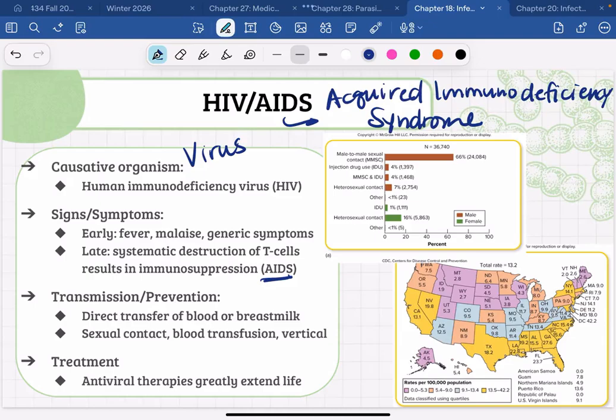The other way that it is most likely to be transmitted is through injection of drugs. So especially using dirty needles, or needles that a person has used before, right? That's a way, sharing needles, that's a way of taking blood directly from one person and injecting it into another, is through injection of drugs.